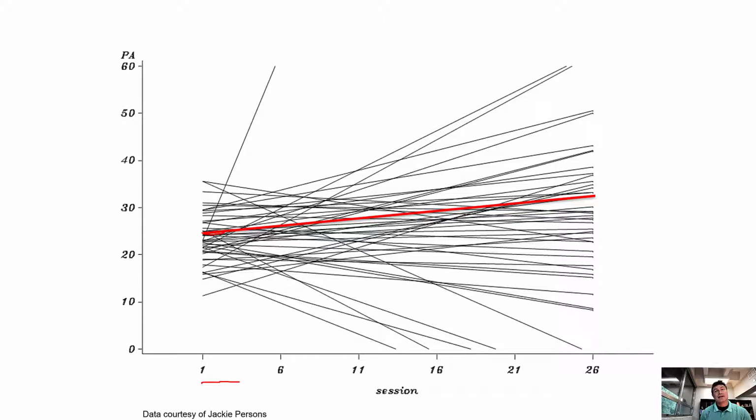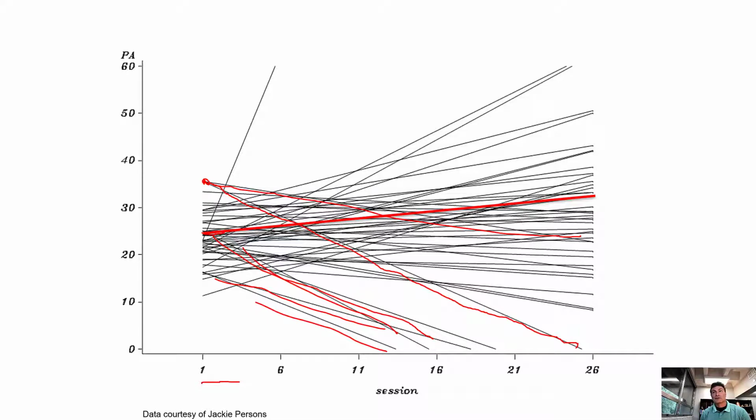But what we can see are some interesting artifacts going on, or individuals happening. So we see this person right up here starts off as one of the happiest people to come into therapy, and over the course of time becomes the least happy person in therapy. So what's happening with this person? There are a few individuals that are just going down over time, and we see these sorts of trajectories where they're becoming less happy across therapy. The average doesn't really show what's happening for those people.